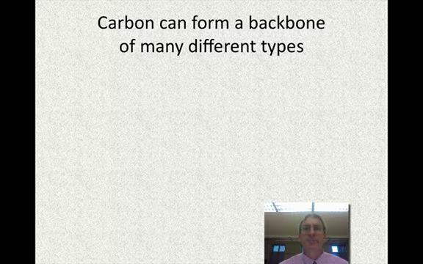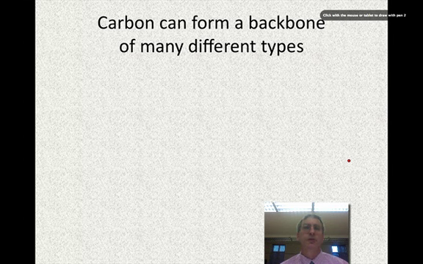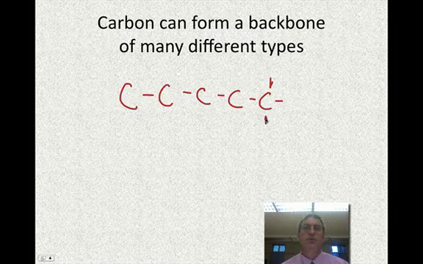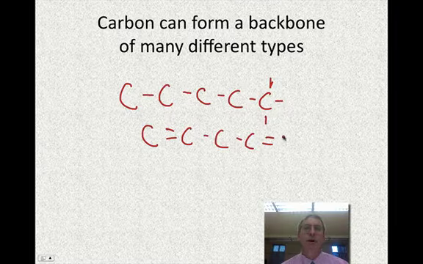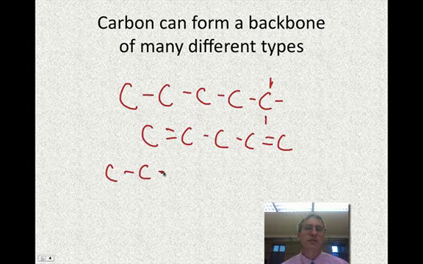Because of this bonding capability, carbon can form a backbone or a skeleton for many different types of molecules. So for instance, a carbon can form a long chain, and I'm leaving out some of the atoms with which it could bond because each carbon, after all, can bond up to 4 times. Sometimes we'll see even a skeleton with some double bonding involved. And once again, I'm not showing every single bond, but these horizontal or vertical lines represent the bonds that can form. Carbon may form a branch structure,